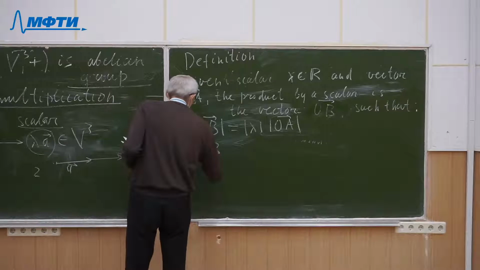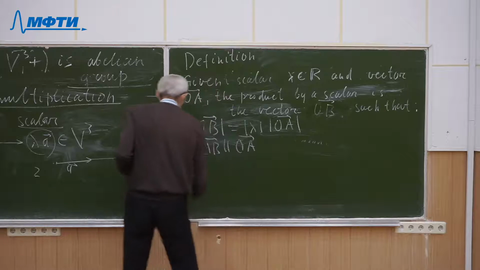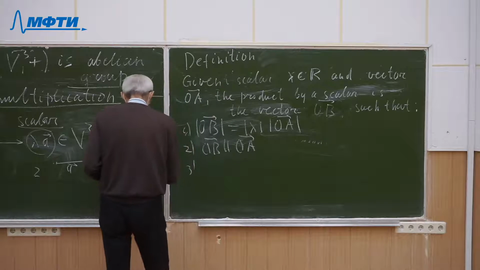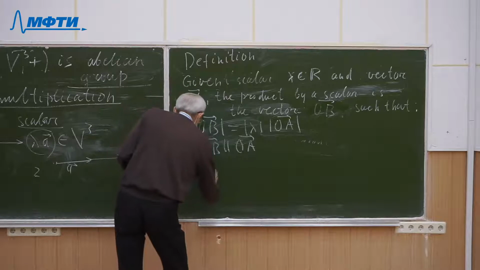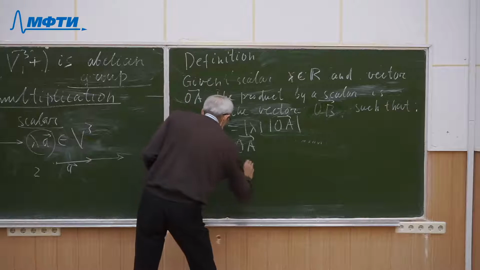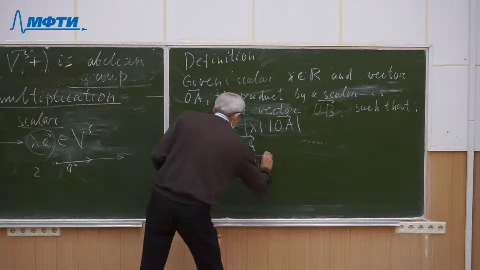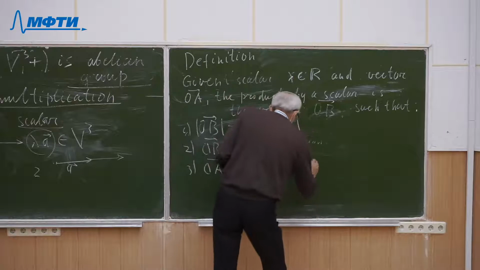Vector OB is parallel to OA, and OA and OB have the same orientation